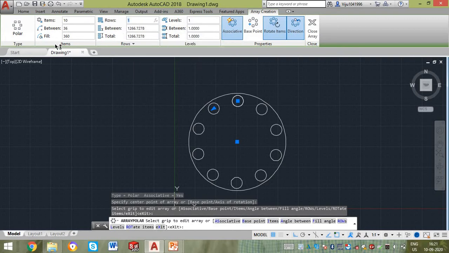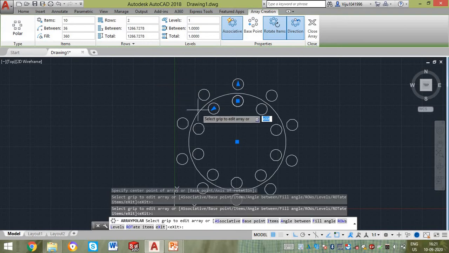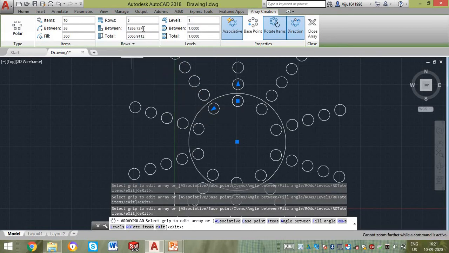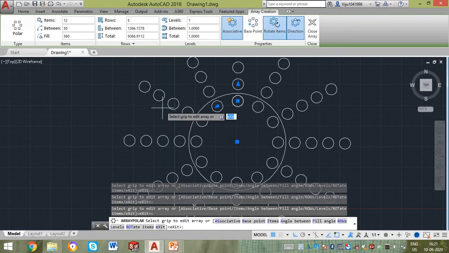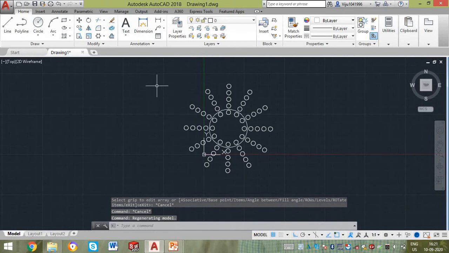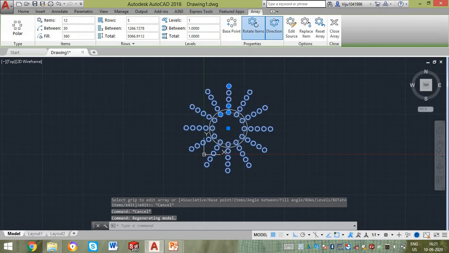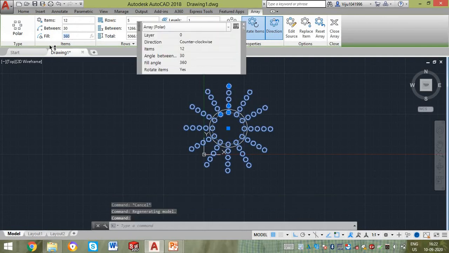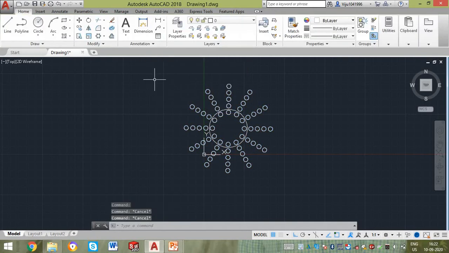Fill is nothing but the total amount of angle at which the pattern should be present, and number of rows you can give 2, 3, 4, 5, any number of rows that you give as input, it will take that particular number of rows. And there is an option for increasing or decreasing the length between the rows as well by using the same blue dots. Click on that particular pattern, then you can alter anything whichever you want. The total angle should be a maximum of 360.